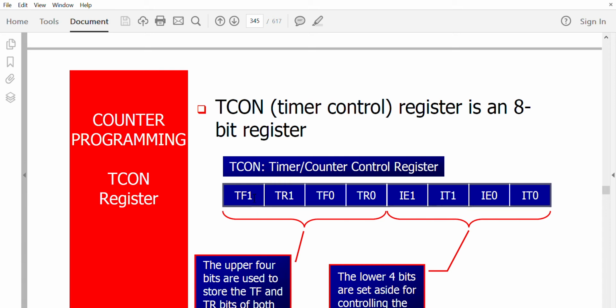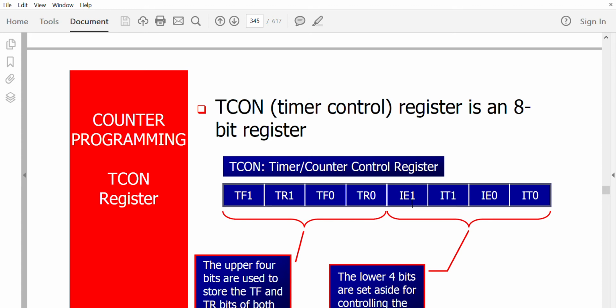So you have the higher order bit, the MSB as TF1, then TR1, TF0, TR0. So you know these 4 bits what it's used for. TF0 and TF1 are the timer flags for timer 0 and timer 1. TR0 and TR1 are the input when you want to start the timer. So you do it by setting the TR0 or TR1 depending on whether you're using timer 0 or timer 1.